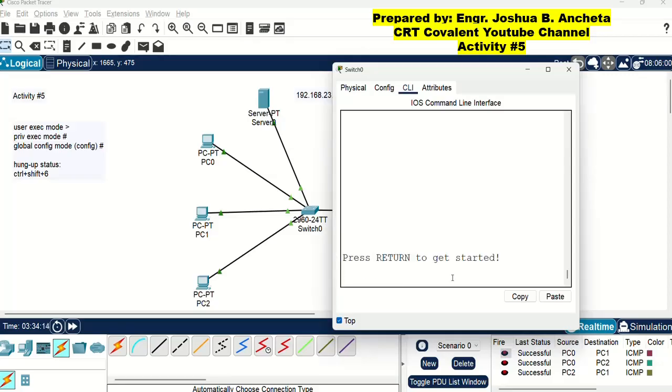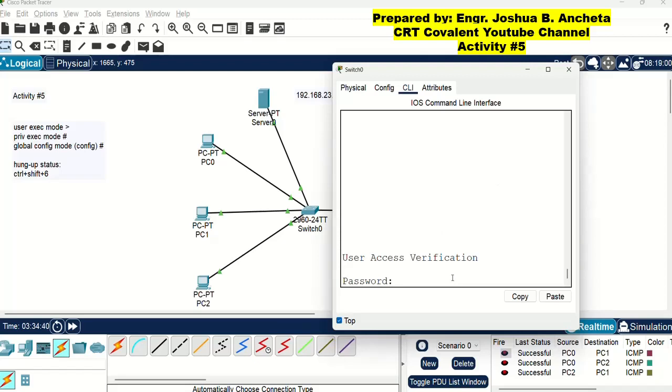Again, I will do it. Ancheta. Then press enter. So it is accepted. But if you type a different password or different characters, it will not go through. Let's try again. I will exit and then type another password.